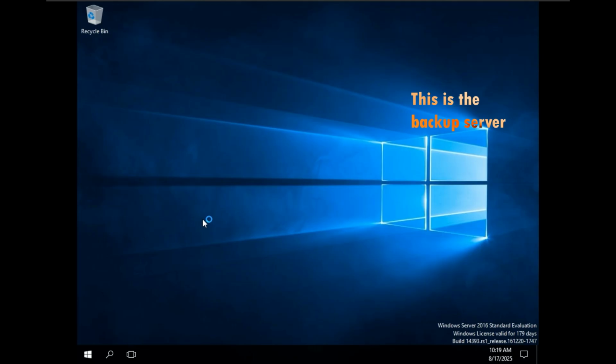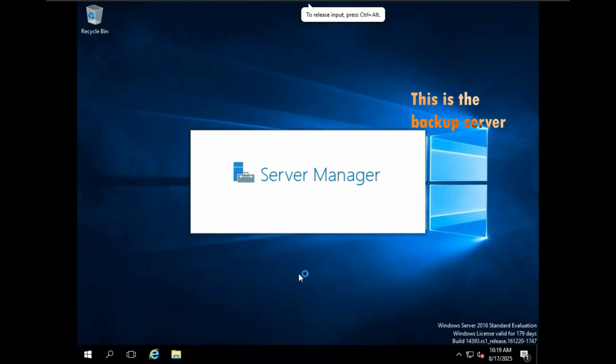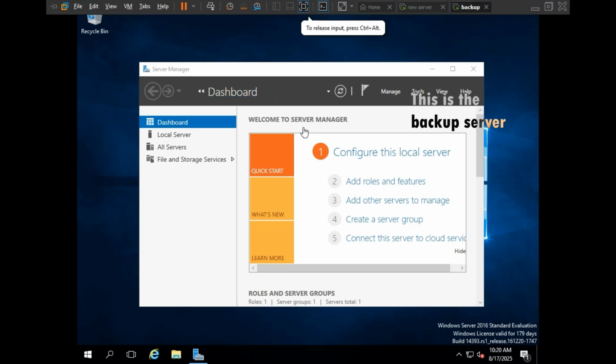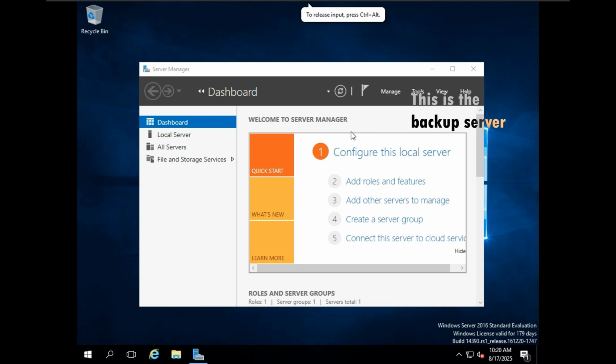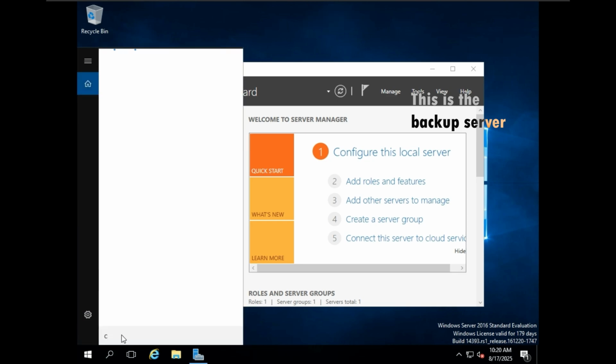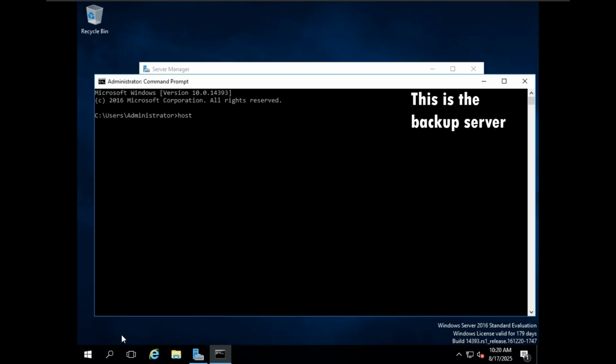Okay, and let's just wait. So it is restarted. Now let's again go to CMD. Again check the host name. It is a backup server. Okay, now